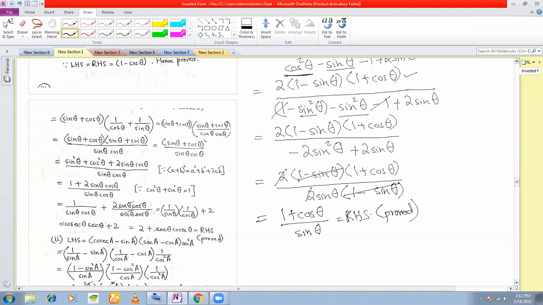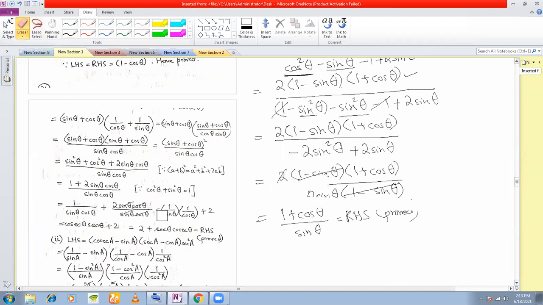Okay, this was a long one. You have to do it a little patiently. But if you can do it, it's good. But this is mostly from your class 11 syllabus, not class 10. The sum is mostly in your class 11 syllabus. Anyway, we'll proceed with the next one.